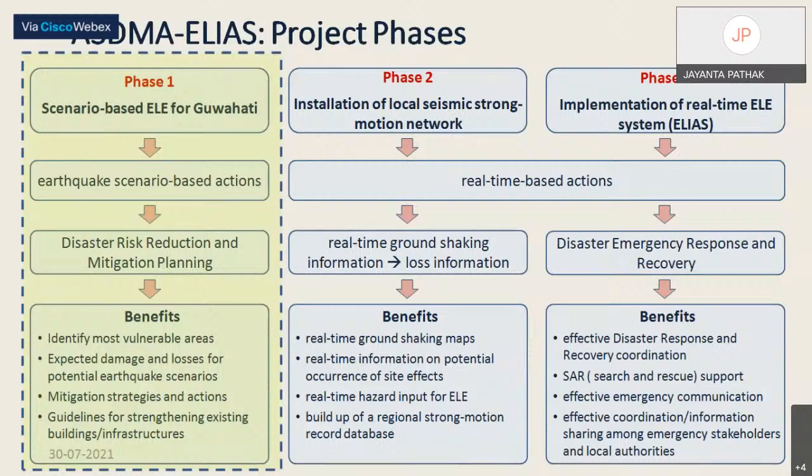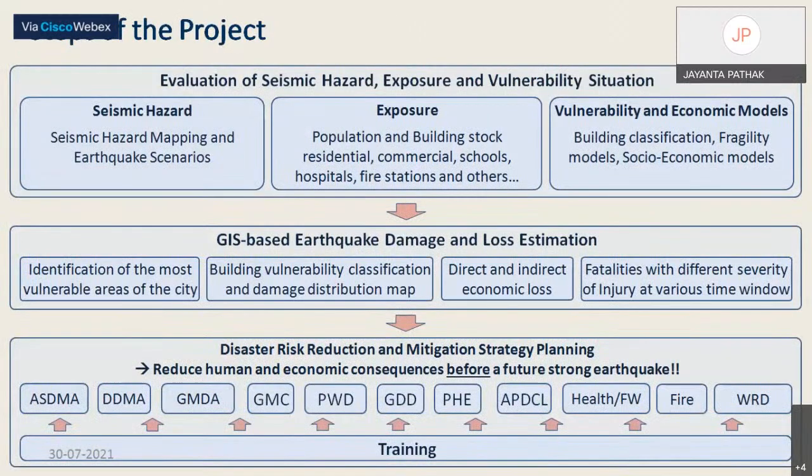So in phase 1, we worked on seismic hazard estimation for Guwahati, then establishing an exposure model for Guwahati in terms of the population distribution and the building distribution. In a simple way, not only buildings, all the built environment: the lifeline buildings, residential buildings, all types of buildings we have. We have surveyed physically about 20% sample, then extrapolated with the help of satellite data, and then we have a good database for